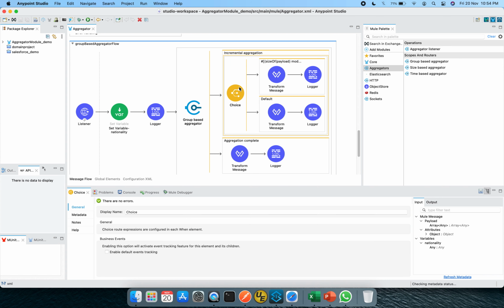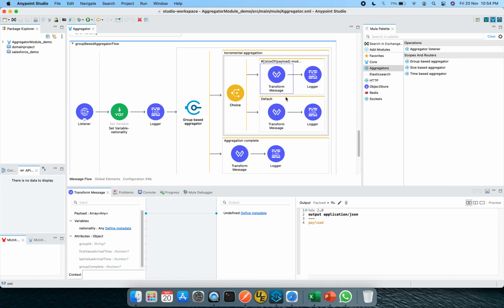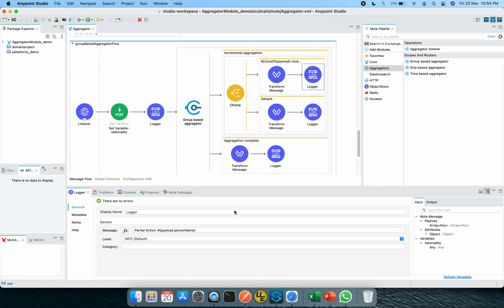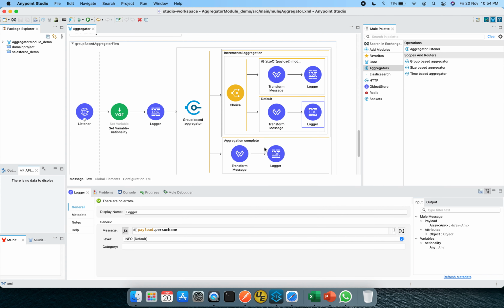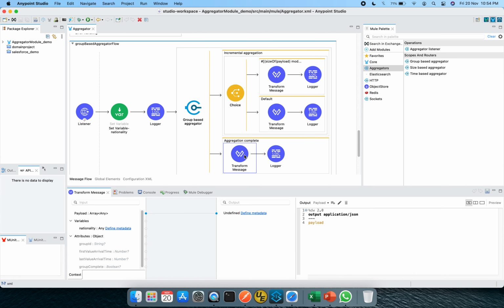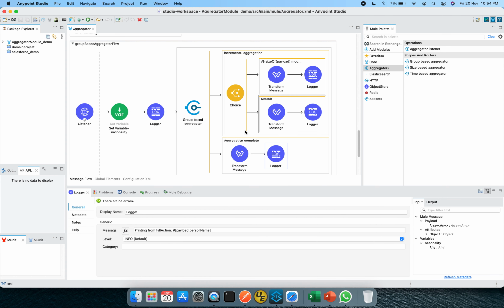After that, I have put down a choice condition in which the first condition says if the size of the payload is even, then it will follow this path, otherwise the default path will be followed. Similarly, I'm converting to JSON, and in the logger I am printing the partial action, and here it will be the payload.person name. When the aggregation gets completed, it will be converted to JSON and then logged as printing from the full action.